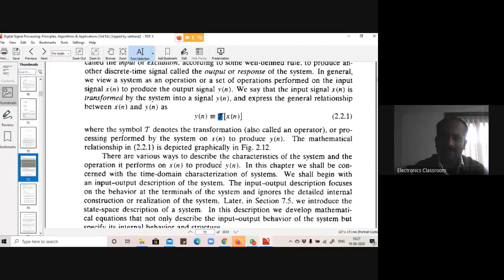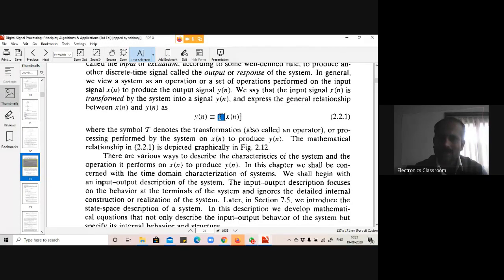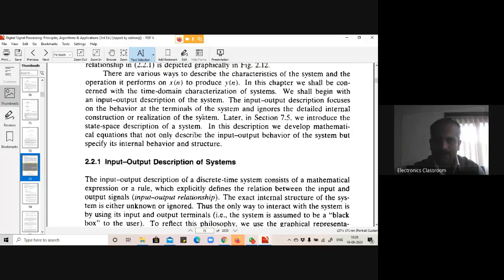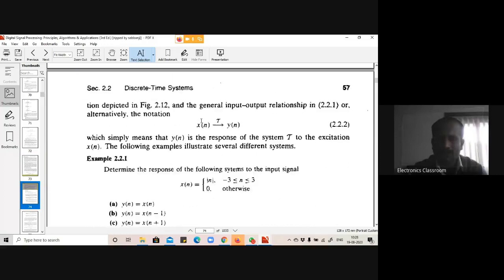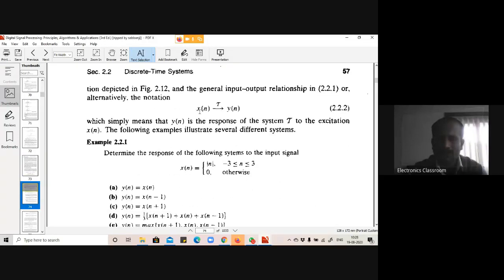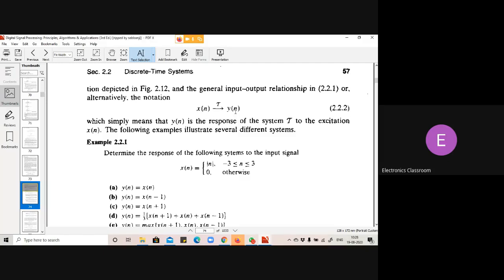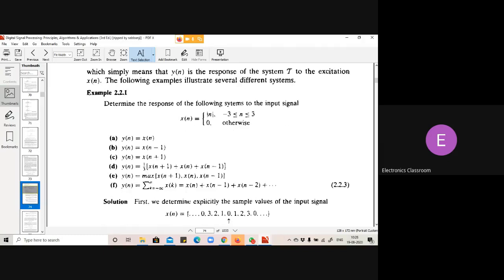So y(n) is equal to tau of x(n). It is function of system. So tau is function, that is operator which is called as transformation, which performs certain operations on input, and we got output y(n). Okay, we solve this with one example. So any input signal x(n) is transformed to y(n) with that system. Okay, so simply take one example,